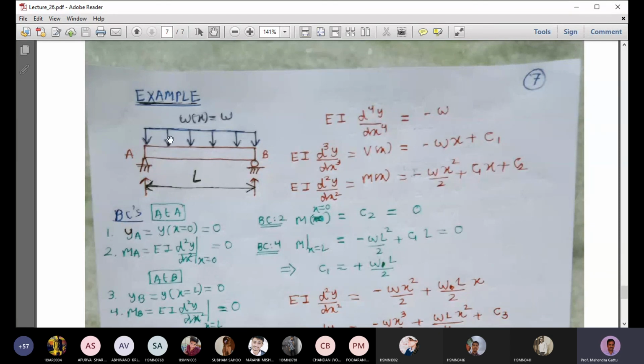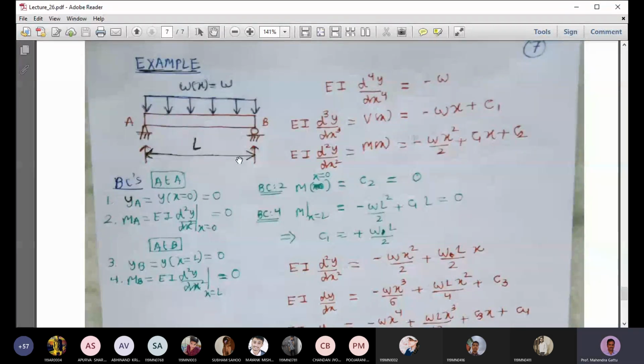Suppose the distributed load is acting only over a certain distance, what will happen? So again, part of the beam will have one equation, and for the other part there will be another equation. So again, there will be two deflection curves, and we have to apply the continuity condition at the boundary, I mean, at the intersection. Okay, so yeah, we have 8 constants, and it will be a big mess.